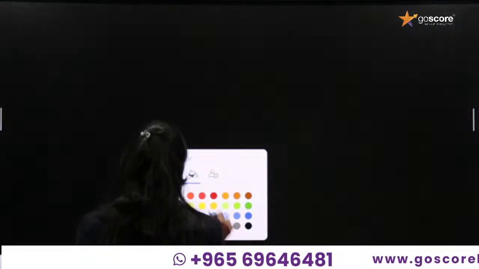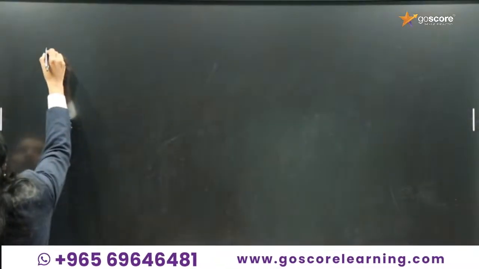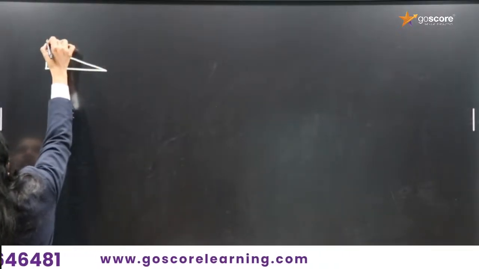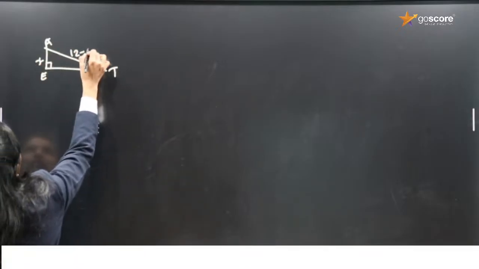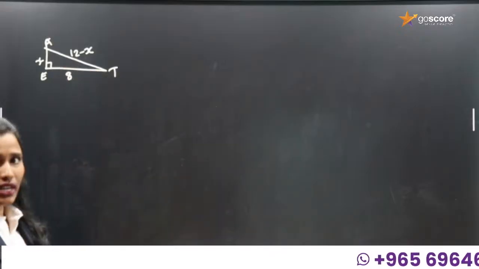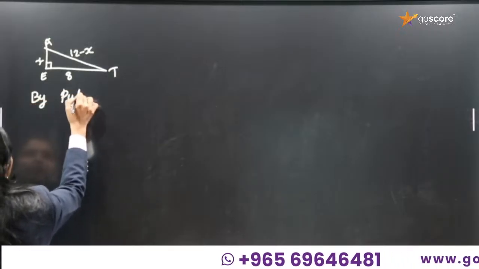So I am going to draw that triangle. Okay. So we are having a triangle. If you need, you can draw this triangle in your answer sheet also. ATE, where this angle is 90 degree. So we are taking this AE as x, AT as 12 minus x, and this is 13 minus 5, 8. Okay, this is a triangle. Then by Pythagoras theorem,